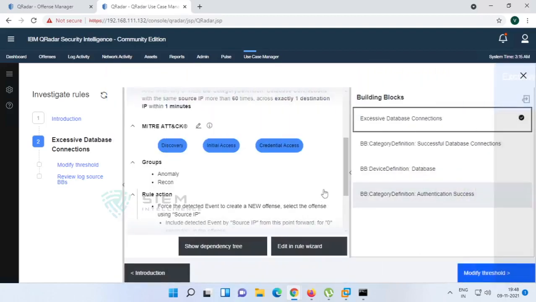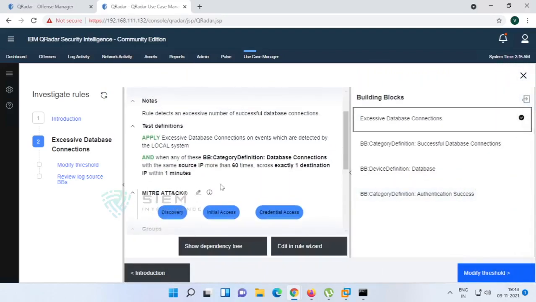But the condition is, see, more than 60 times from exactly one destination within a span of 1 minute. This is the condition. Okay, it is having some destination database connections and category definition database connections, but the condition should be from different source IPs to one destination IP within a span of 1 minute.